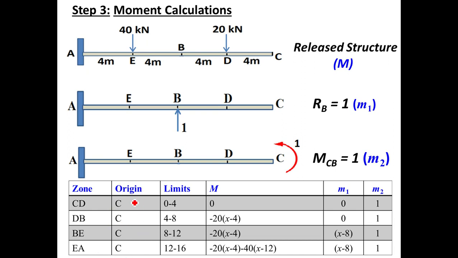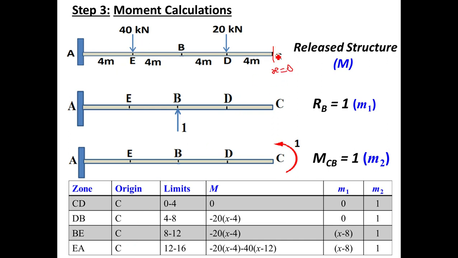Now, origin means for all zones. When we are taking the sections in different zones, we have to measure the distance of that section from C, which is represented by X, or the distance of that section from the origin is X. So it is always better to take the origin at an end of the beam, so that it is simple to mark the X distance. Origin means X is equal to 0 at the origin. So we have considered C as the origin for all zones in this problem.